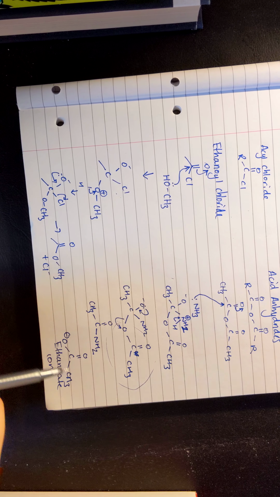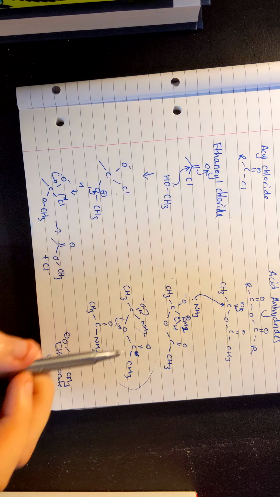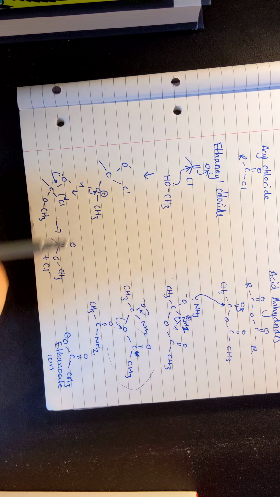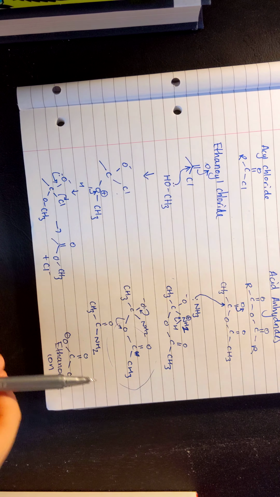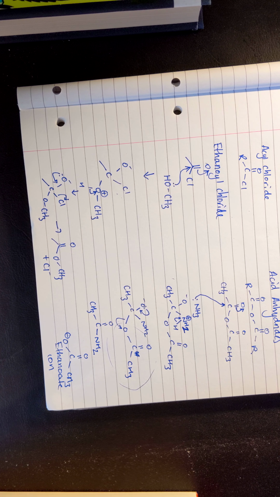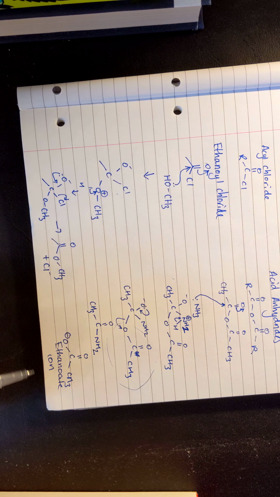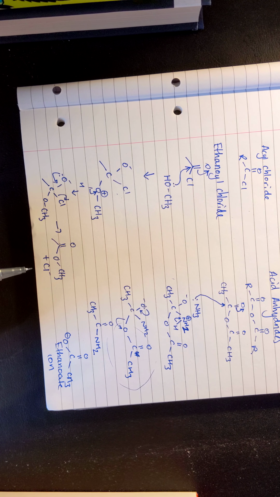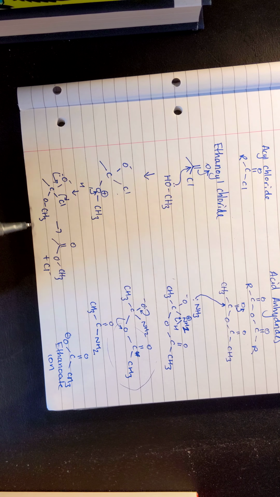Now, this is not as good a leaving group as the chloride is. It's a slightly stronger bond, the C-O bond, than the C-Cl bond. So it's not as reactive as the acyl chloride, but it's not dangerous to use. It being less reactive makes it safer, and this ends up forming the chloride. You're removing an H plus here, and you've got chloride, so you end up forming HCl,